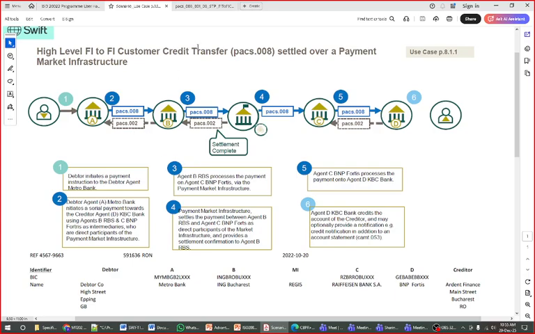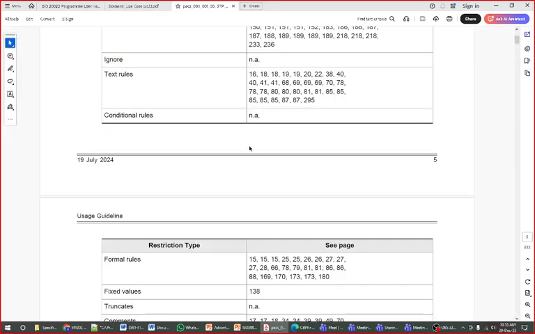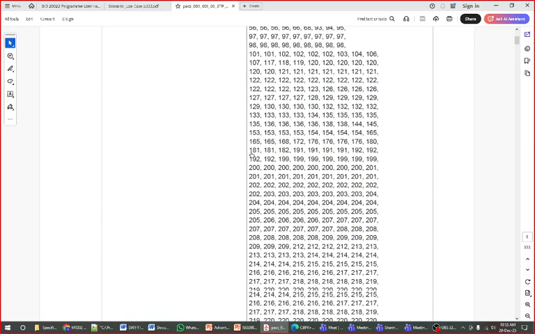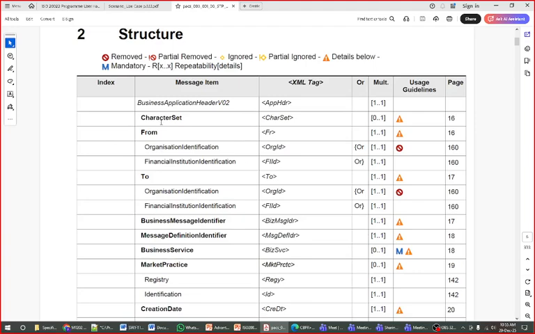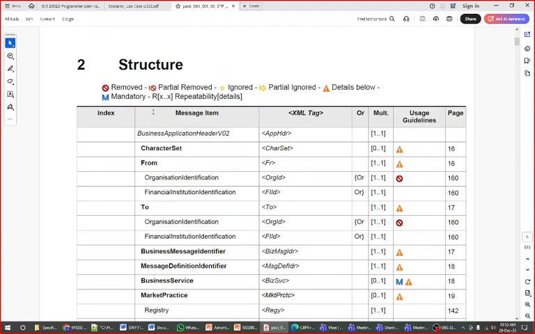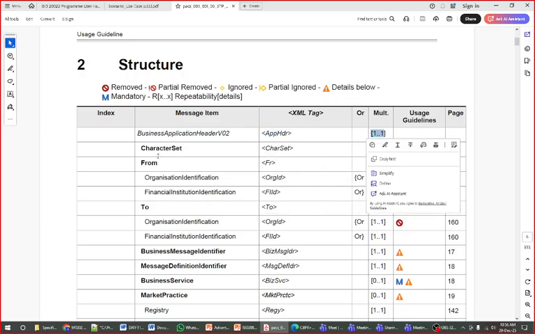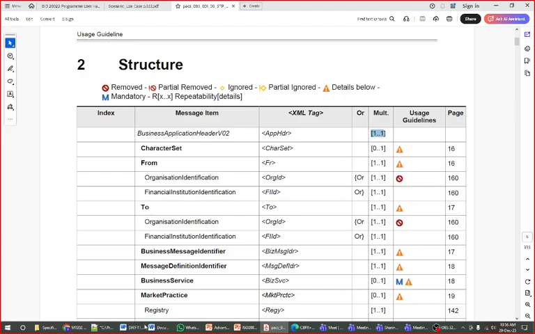Along with this, I am going to walk you through the complete message and how it is built up. For example, this message starts with the business application header. What is the significance of this, why we are using it, what is its detail path, and why is it mandatory or not mandatory. Whenever I walk you through these things, I am going to show you the XML also,